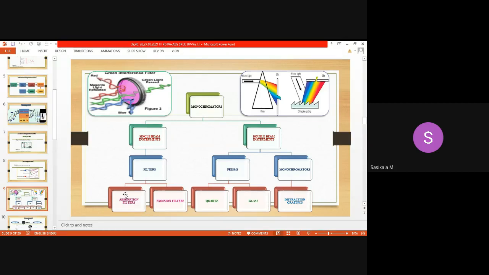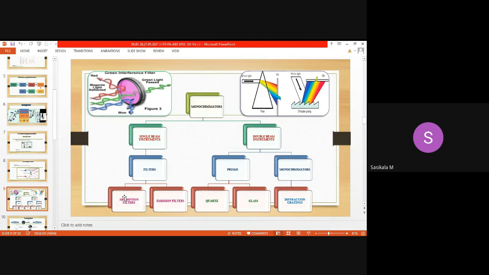Based on the mechanism of absorption and emission filters, absorption filters will send radiation from 200 to 400 nanometer, whereas emission filters will send radiation from 400 to 800 nanometer. In the visible range, emission filters will send the radiation. In the UV range, absorption filters will send the radiation. So absorption filters send only the UV range, and in emission filters, only the visible range of radiation is passed to the sample.